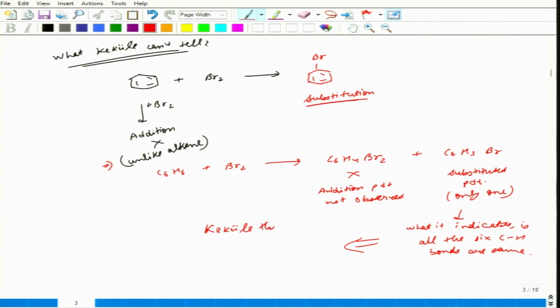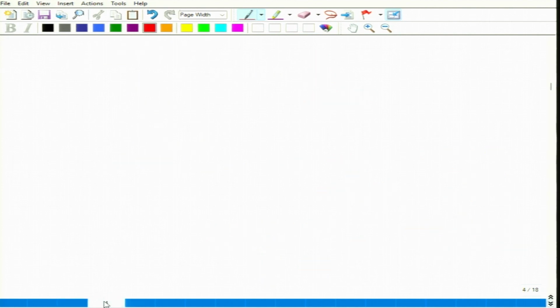And according to this, Kekulé then suggested the structure. So, he suggested these two structures, two forms possible. Okay. So, this was what Kekulé told or explained, but what Kekulé was not able to explain were the limitations of the Kekulé structure. So, what were the limitations that he wasn't able to define?